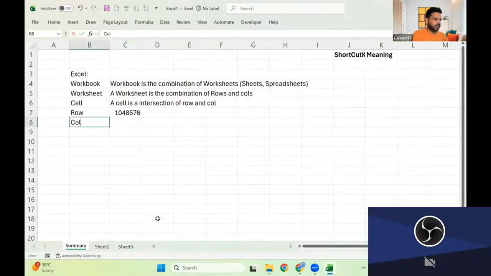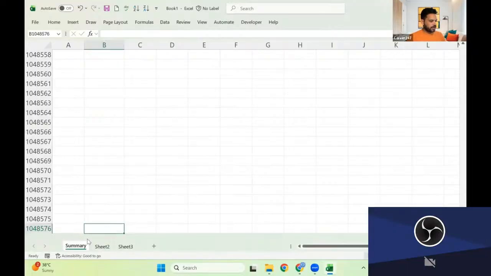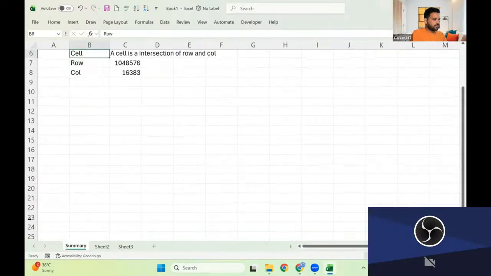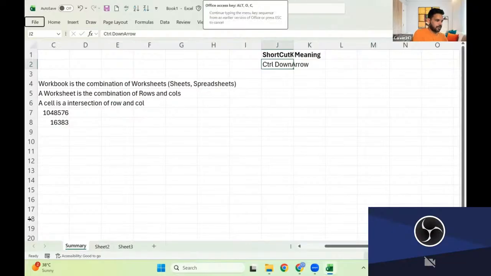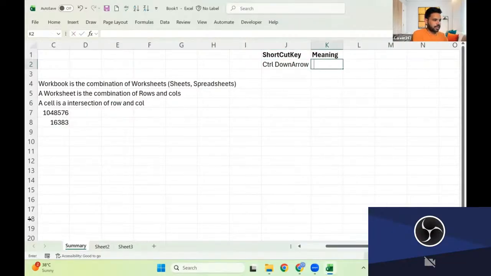If I'm talking about columns, we have 16,383. How do you know? You can check it with the keyboard. Once you press Control Down Arrow, you will notice we have 10,48,576 rows. So how can we check how many rows I have? Once you press Control Down Arrow,